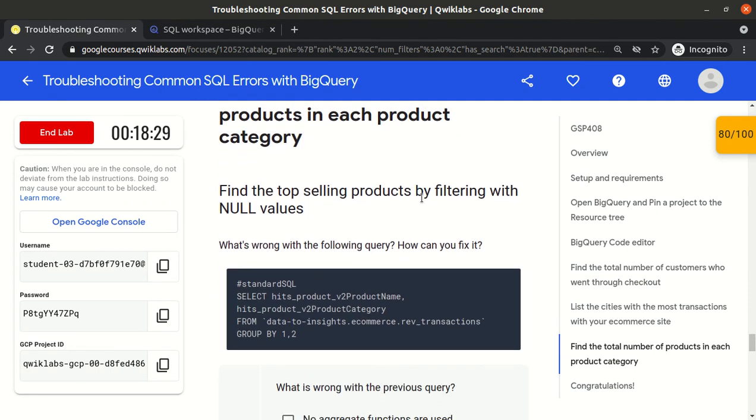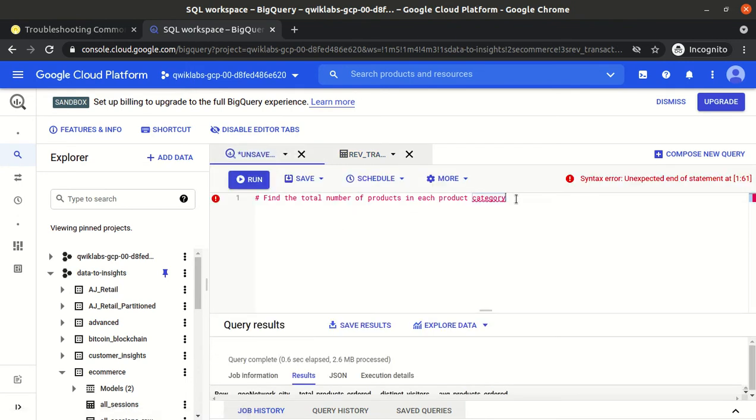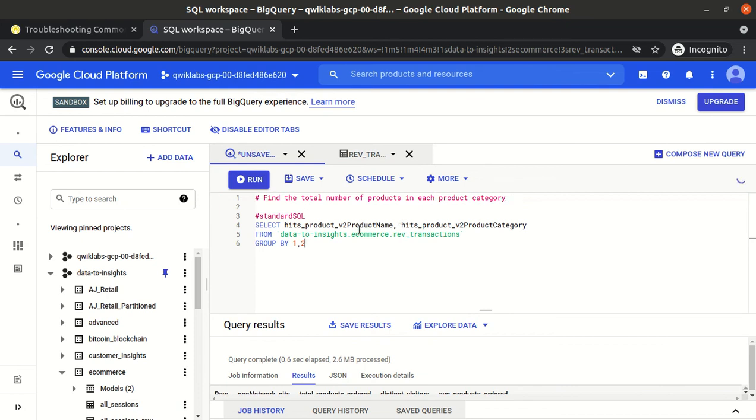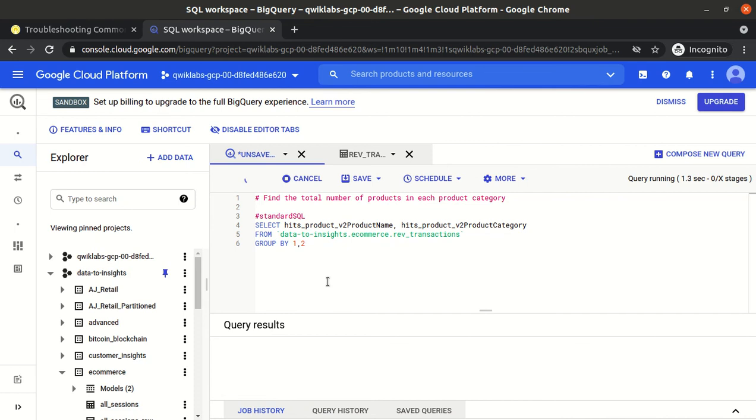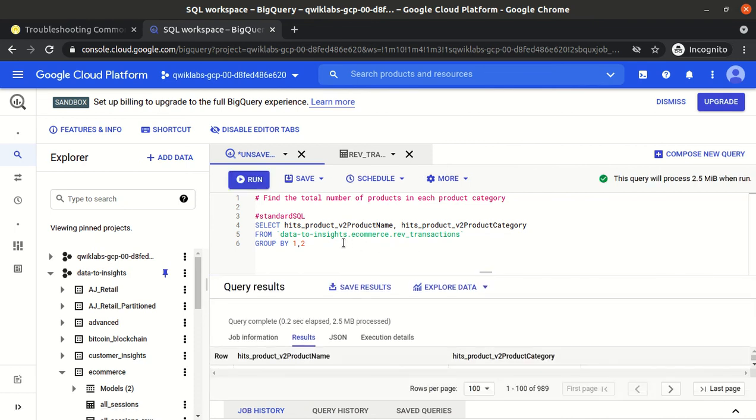Find the top selling products by filtering with null values. So we have been given one query. Find hits product name, because we need the product name and product category in each category, right? So we need to perform the group by operation. But what is wrong in this query?